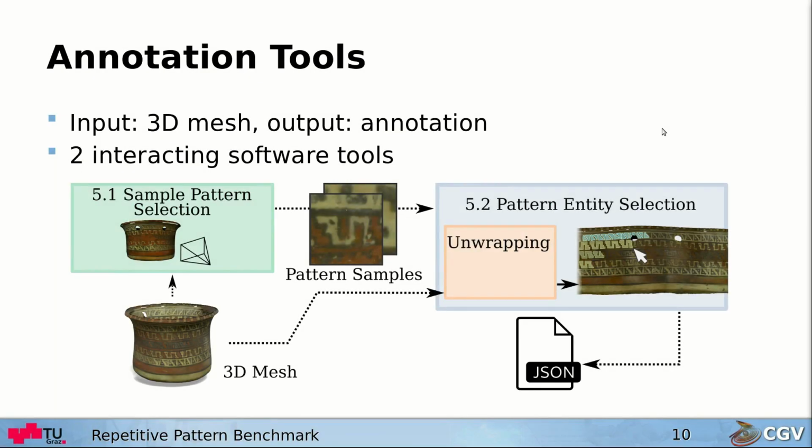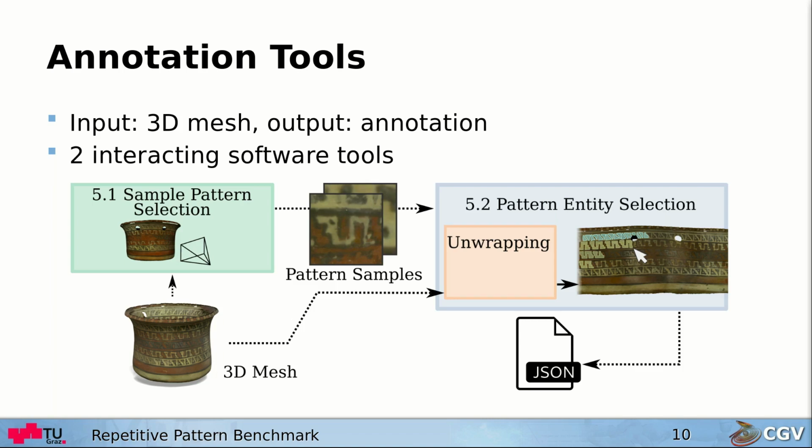In order to obtain these annotations, we developed two interoperating tools. The first tool, labeled Sample Pattern Selection, is used to identify the pattern archetypes present on an object surface. Hence it takes a 3D mesh as input and returns a set of sample entities, one per archetype. The second tool, Pattern Entity Selection, is used for annotating the pattern entities. It takes the pattern samples, which are images, as well as the 3D mesh as input, and returns the annotation